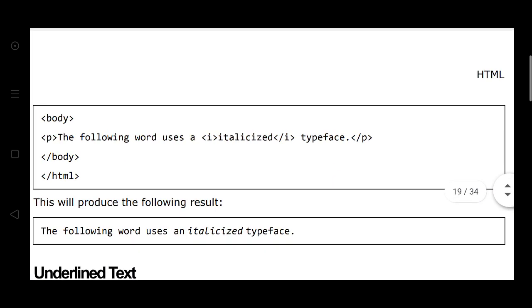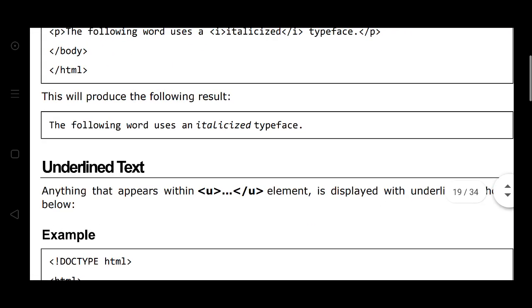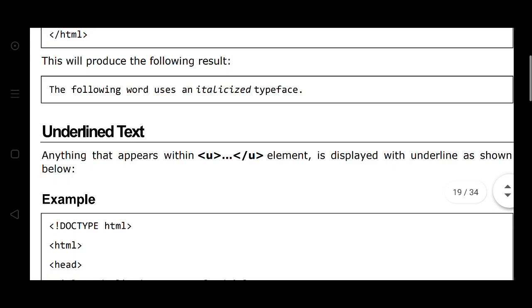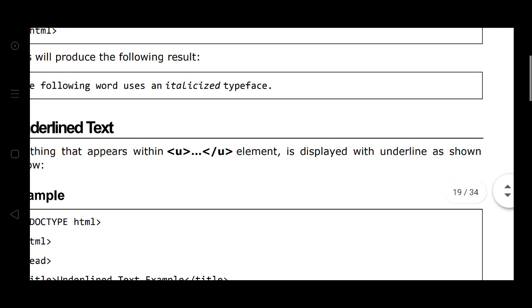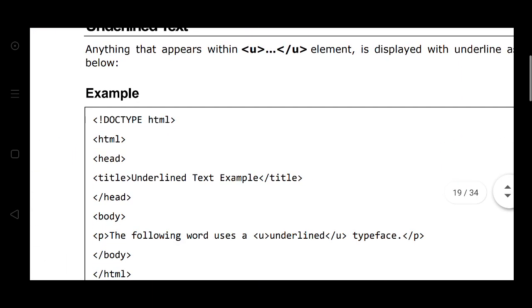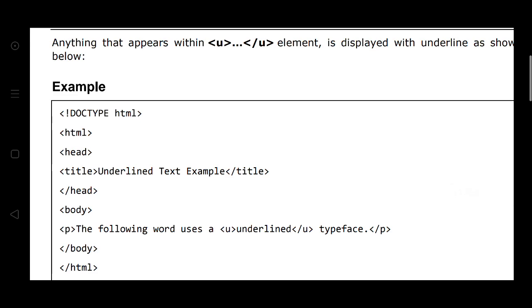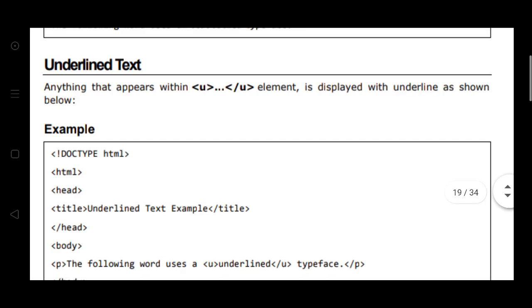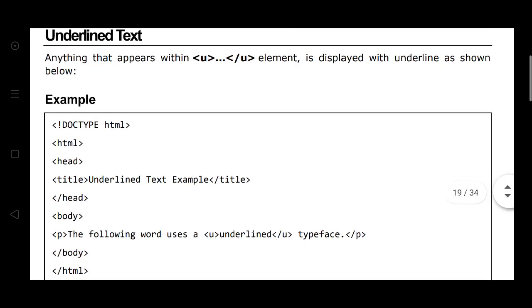Okay, and the same we write for the underlined text. Anything that appears within the U and U, that is the underlined element, is displayed with underline as shown below. Doc type HTML, here if you want to underline any word, you may write the underline tag or underlined element in the body.